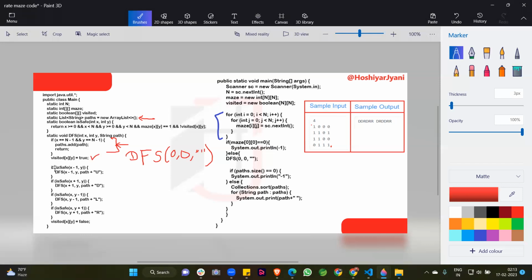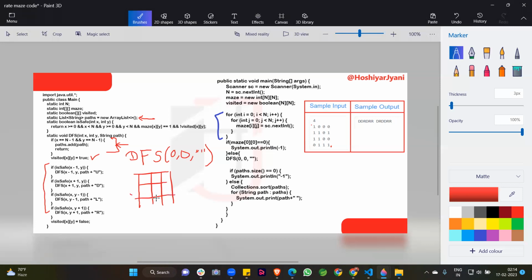After that I am checking the if conditions. These if conditions are nothing but checking the way in the four directions. You can see here, this is our matrix, and I am at this position.